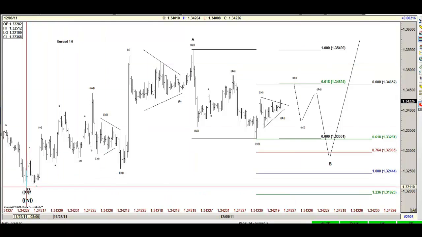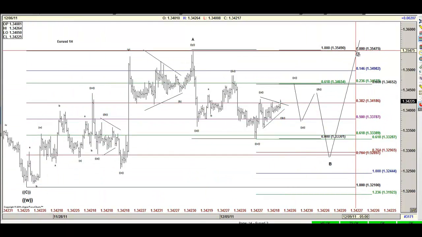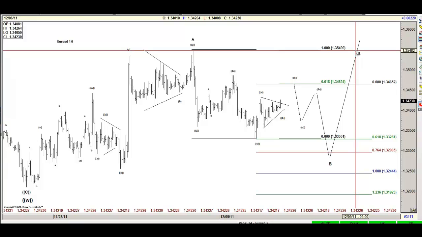And then you trace your Fibo, and that scenario is going to take the euro to an area between, I would say, 132.50 and 133, before the euro again bounces higher